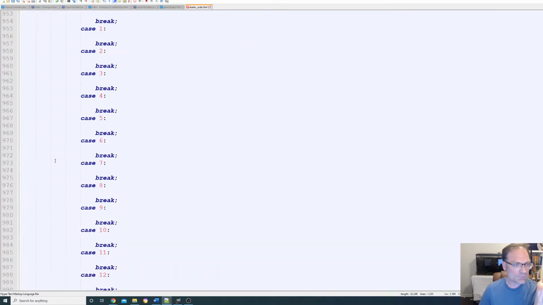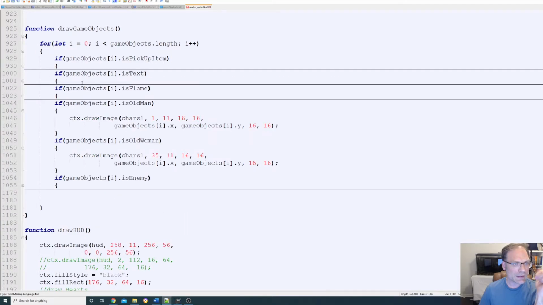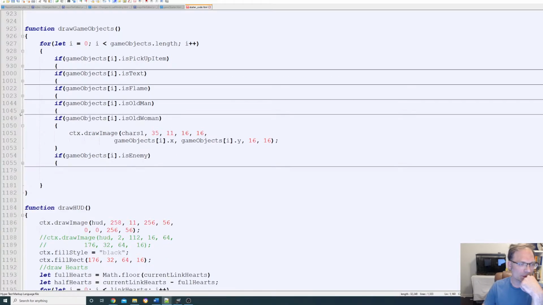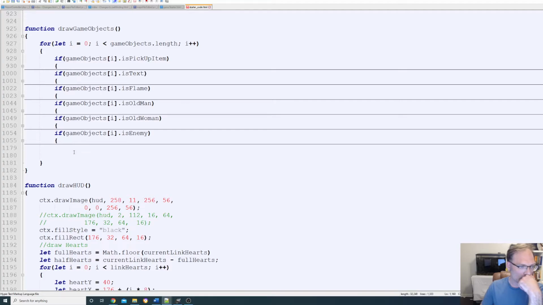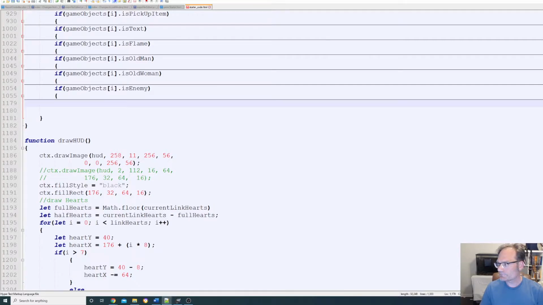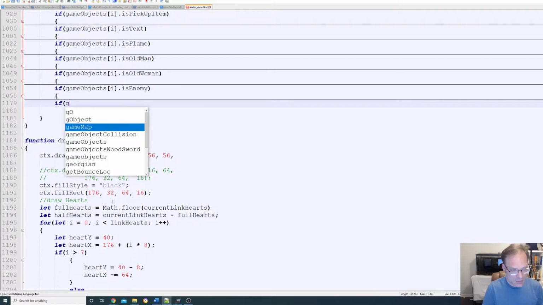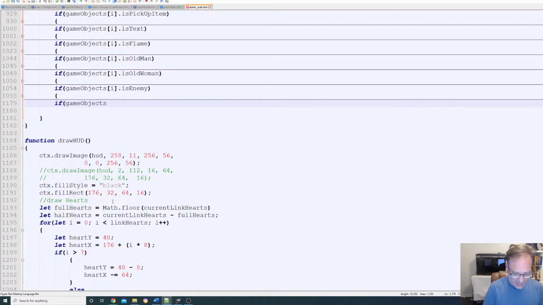So we want to create a game object that, if it is a rupee, let's see here. So I guess we can just do it right here. If game objects at i dot is rupee,